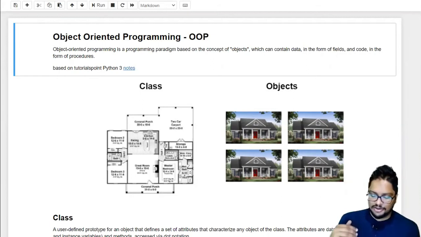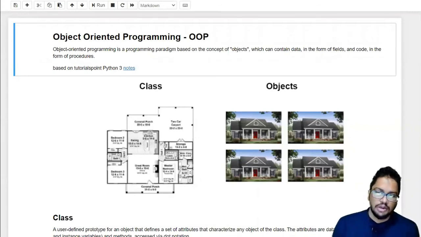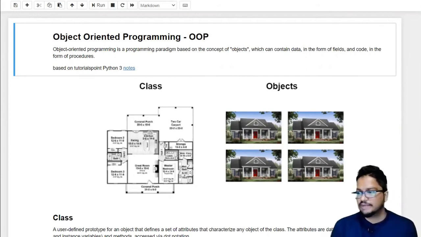But actually, we have used OOP before. We can remember that we discussed modules, the external modules and the internal modules like Math and NumPy. All these libraries are based on object-oriented programming. All the modules that we use are actually classes and objects.